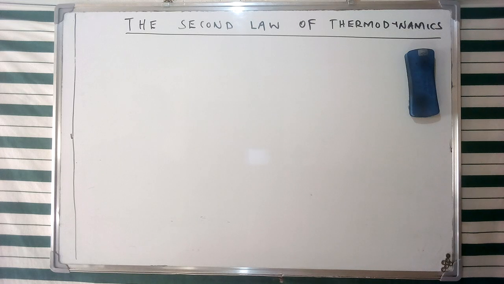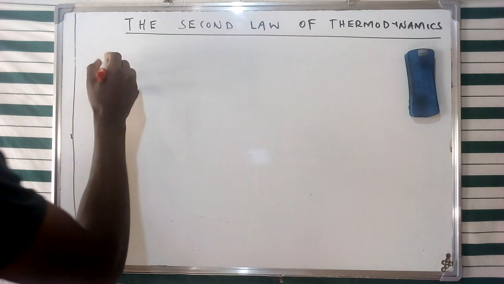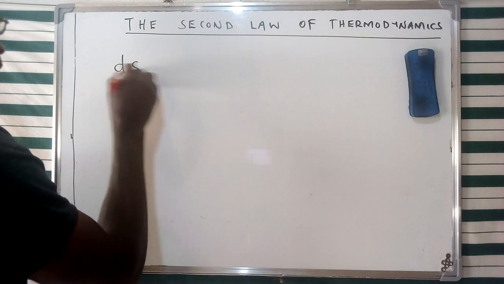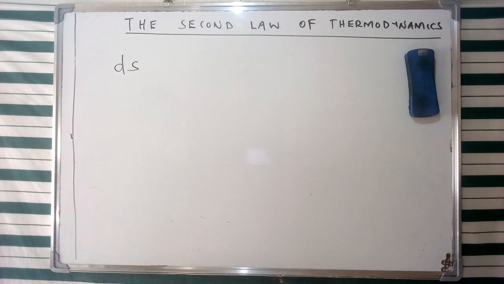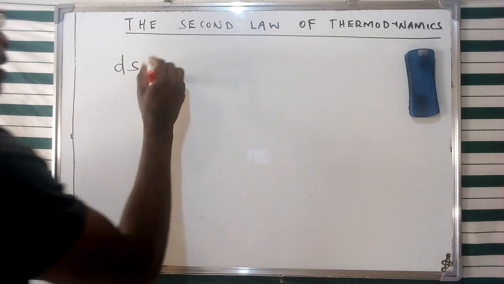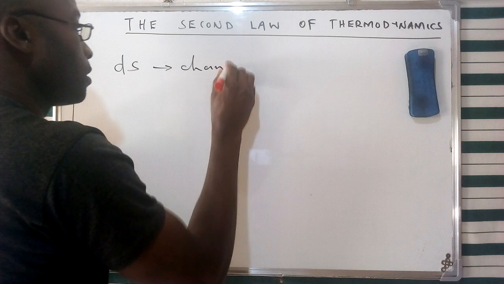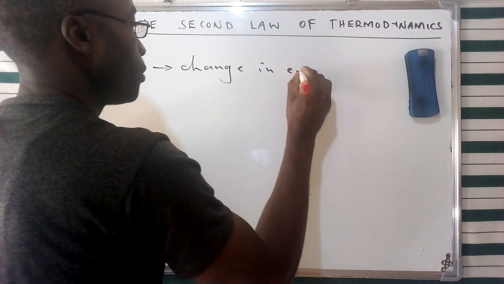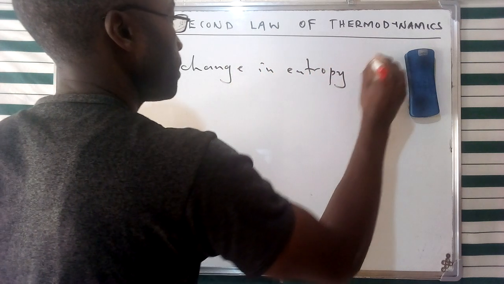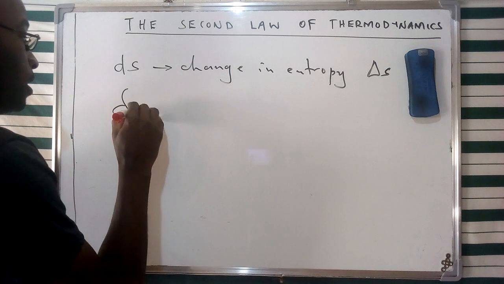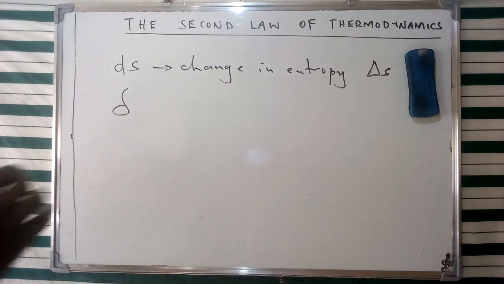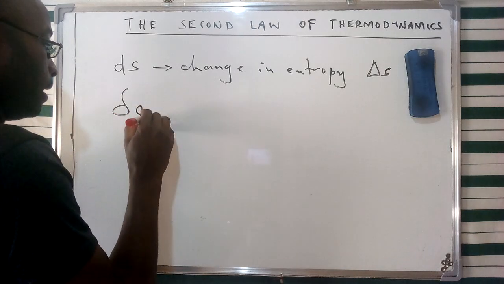So the change in this entropy can be illustrated using the symbol dS. I've said that S is going to represent entropy, and therefore it can be illustrated using that specific symbol dS. So this is going to be the change in entropy, and sometimes I'm going to use this delta S. And for an infinitesimal change, we say that this is going to be accompanying the energy, so therefore we can